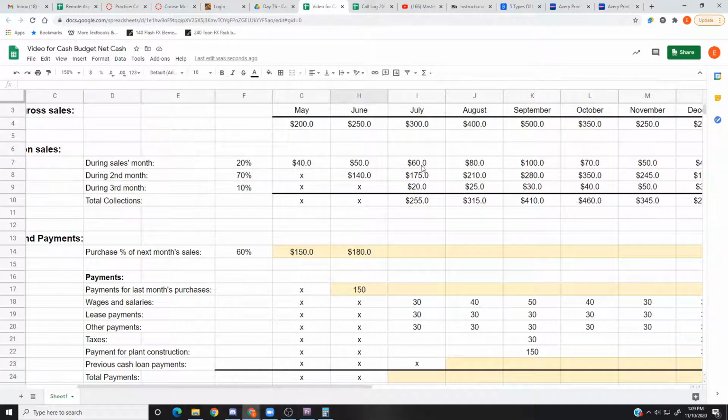I'm going to collect $60 from July, $175 from June, $20 from May. That's a total of $255 I'm collecting. But I've got to purchase materials for next month. So in August,